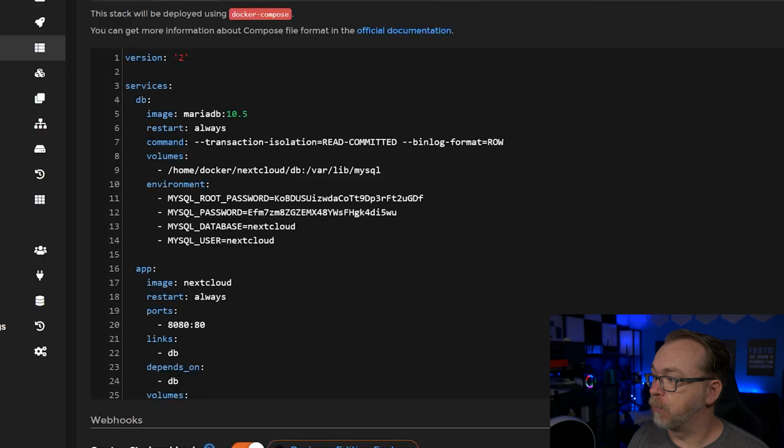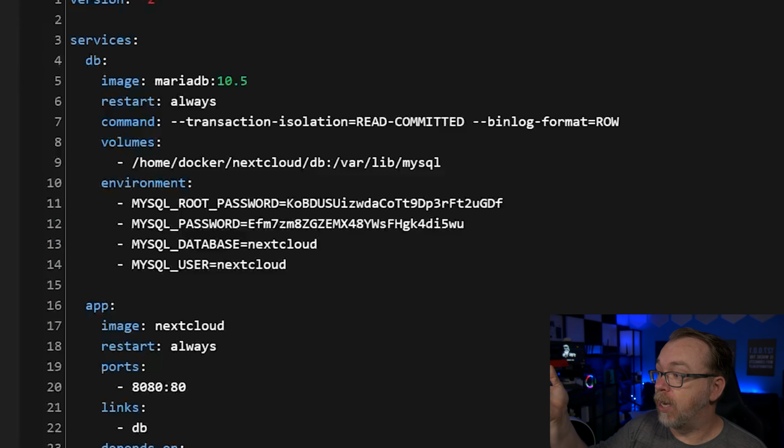The first one is a database. We're using MariaDB 10.5. The restart policy on this is always, and there is a very standard database command to run this just so that everything works appropriately in the background. We've got a volume for where we're going to store the database itself. You can store this basically wherever you'd like. I'm going to store it in